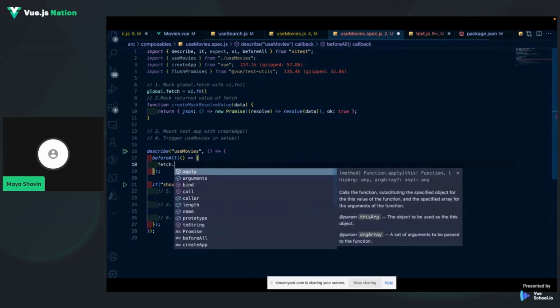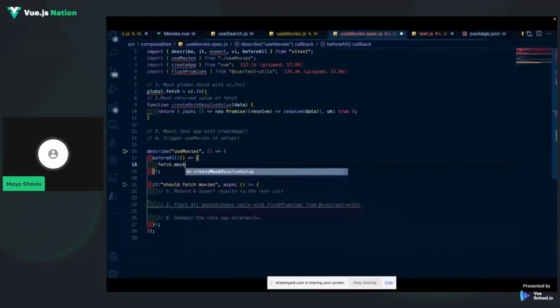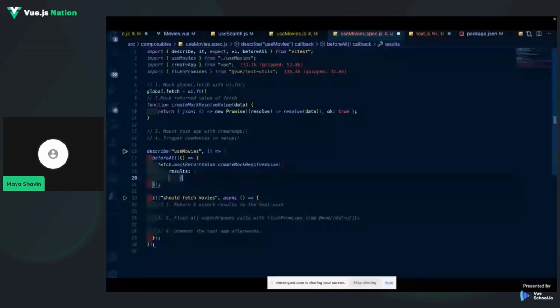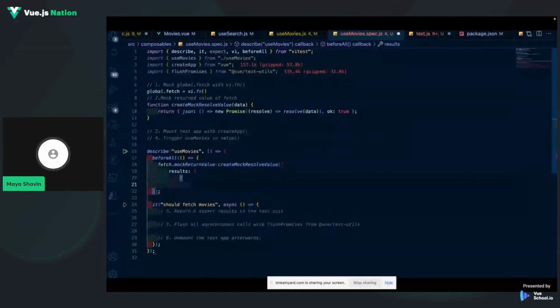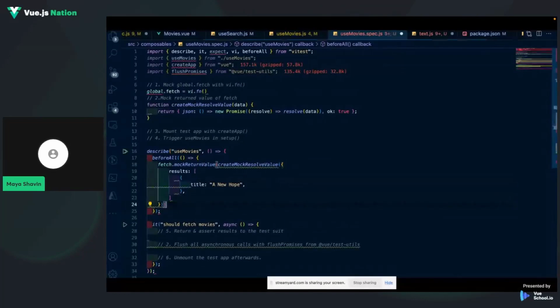Then I create a function that will mock the return value for fetch, and before I start the test, I make sure that fetch has the mock value. Here I pass the result that I designed according to the format of the API that I know it will return if I'm calling the hook.